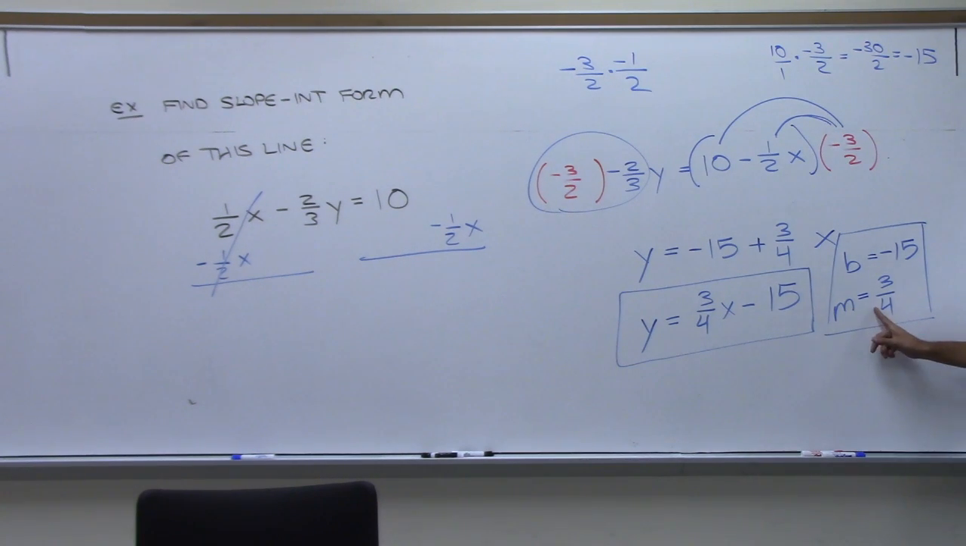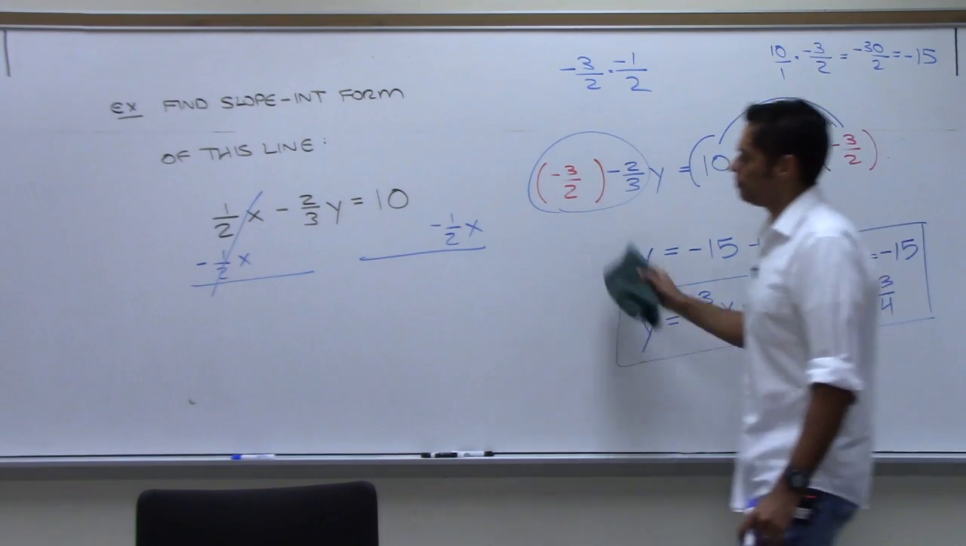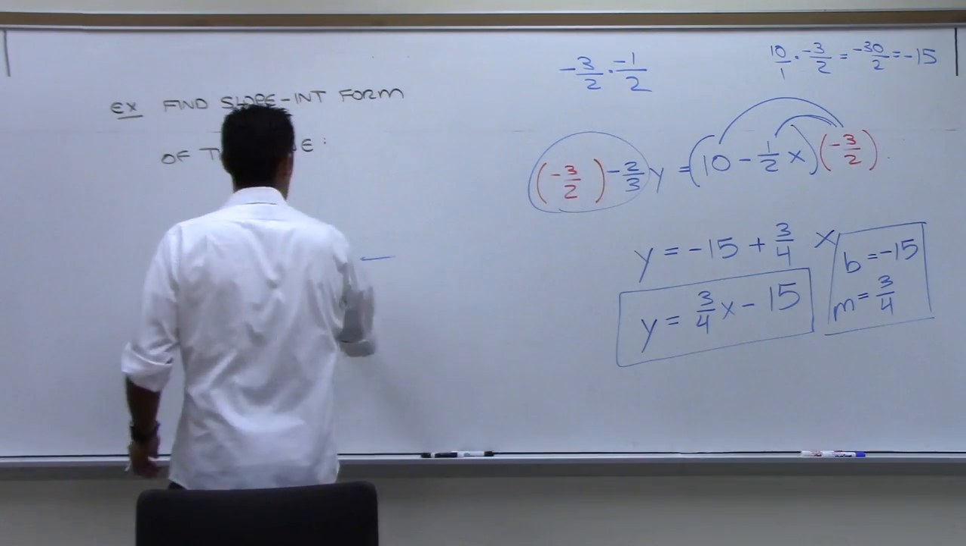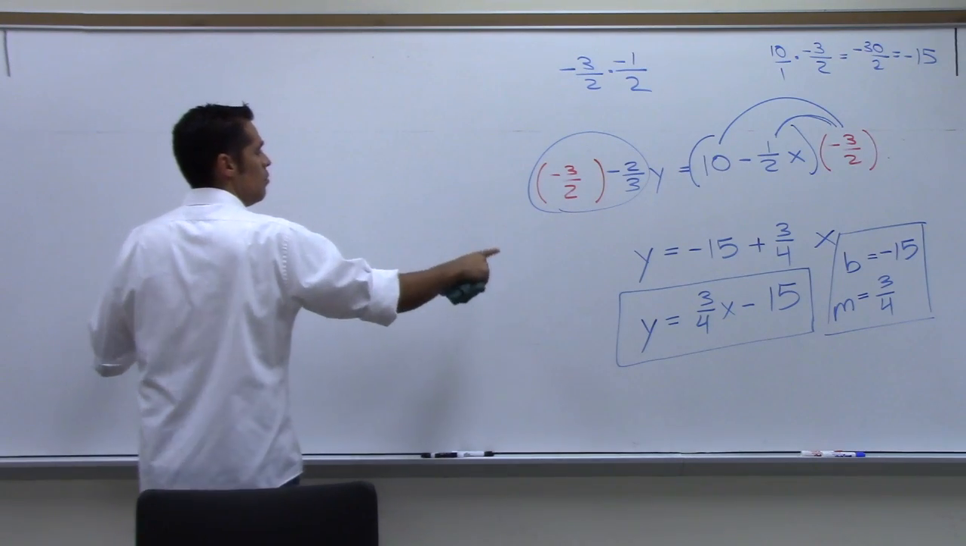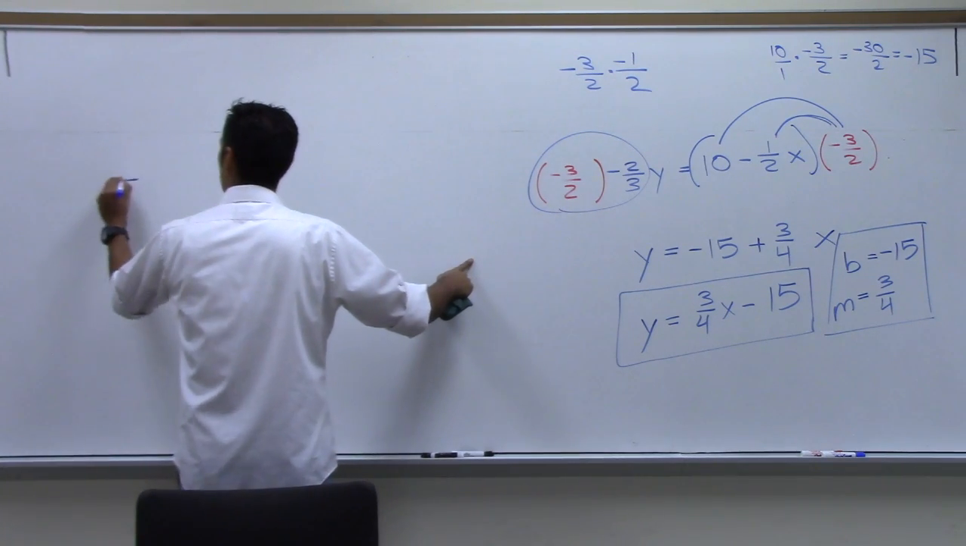Be careful on slope. The slope is the number in front of x. You do not put 3/4 x. It's just 3/4. Okay, so one other option, we're done, but one other option was when we were at this point,